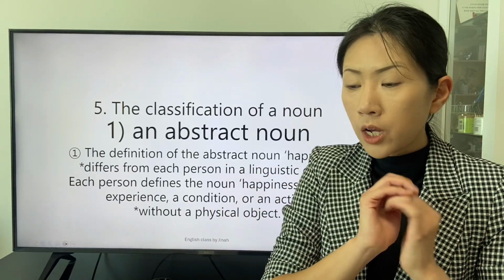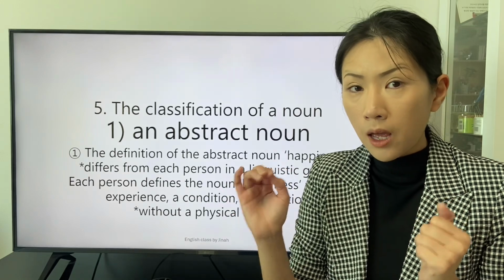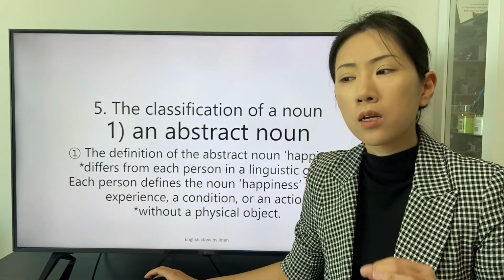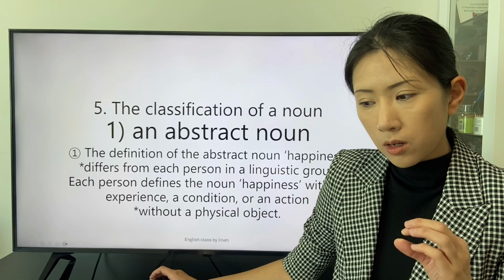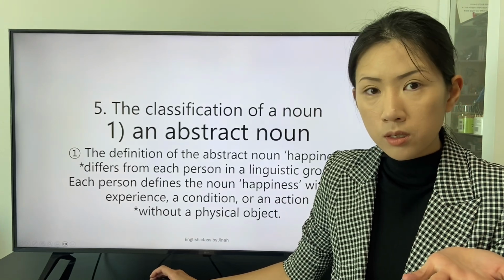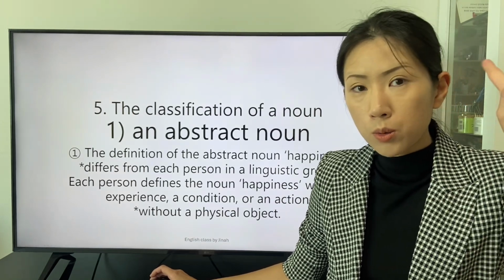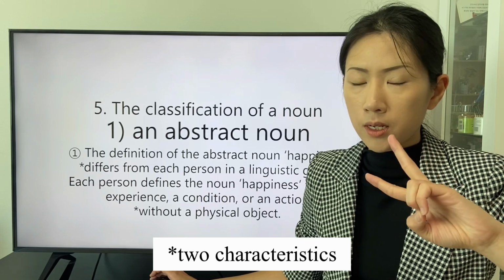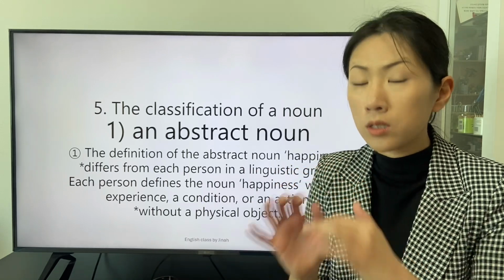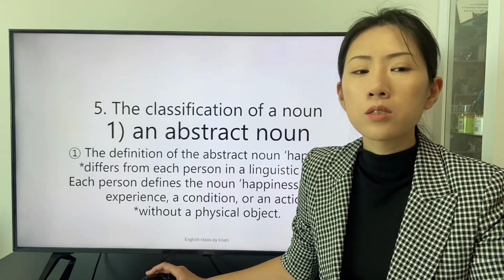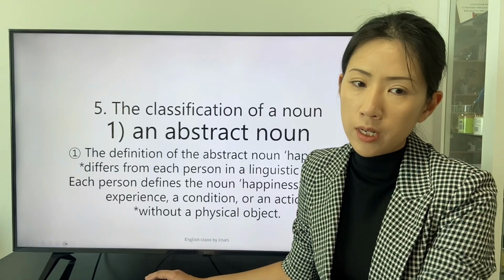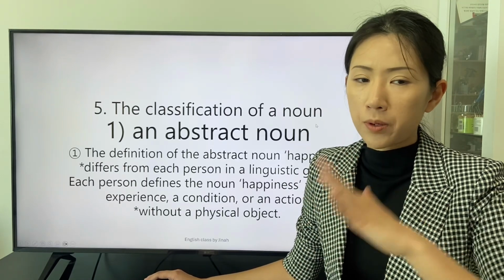So the object indicated by the abstract noun happiness occurs with the characteristic to define the abstract noun, because the definition of the abstract noun happiness differs from each person in a linguistic